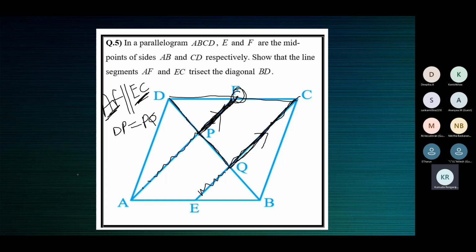Next, take up this triangle. We have to take up triangles where we have parallel lines. So first we took up this triangle DQC, where this is parallel to this. Now we also know that this portion is parallel to this portion. So take up that triangle BPA, this one.